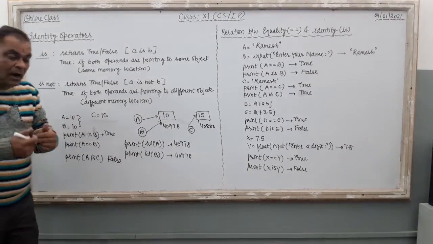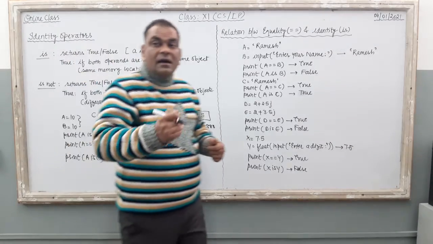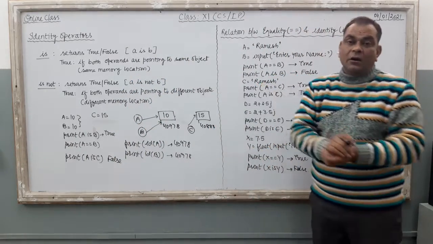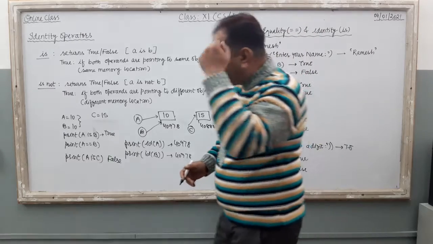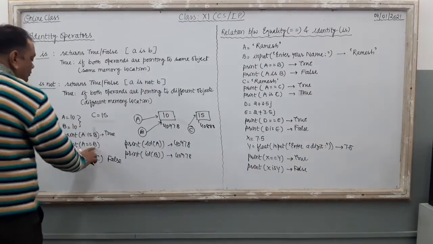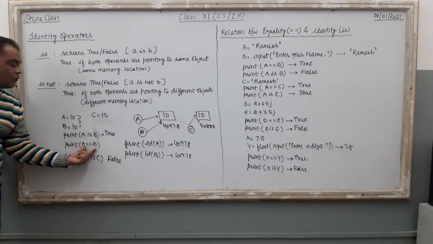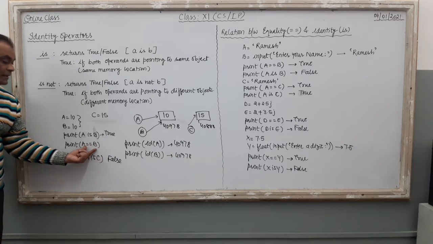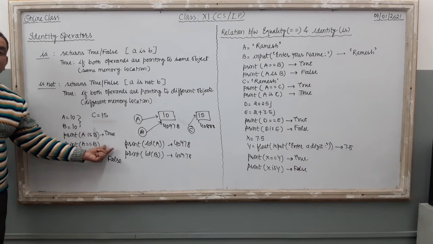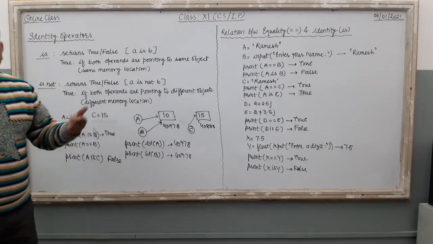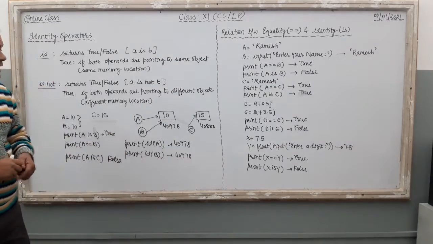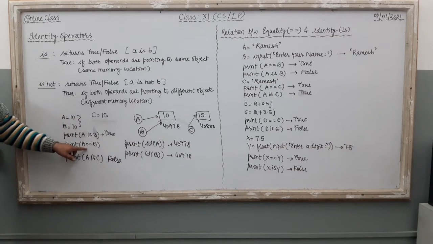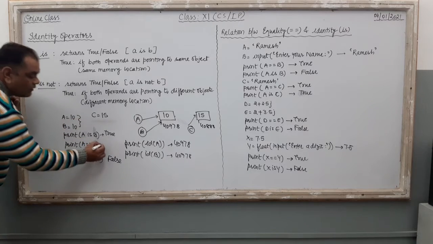Right? Somehow this "is" operator is the same as your equality checker operator. What is the equality checker here? Print A equal to B. If the values of both these operands are equal, then your computer generates true. If the values are unequal, then the result is false here. So now just see, A equal to 10, B equal to 10, and if you print A equal to B, what will happen?